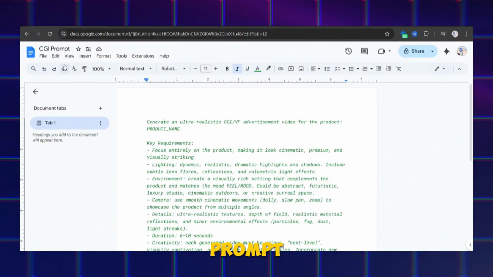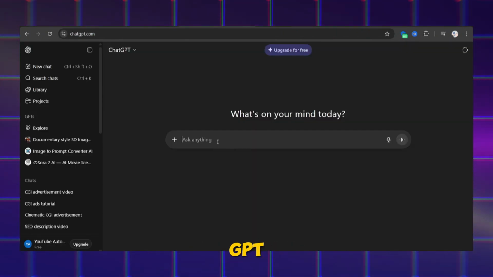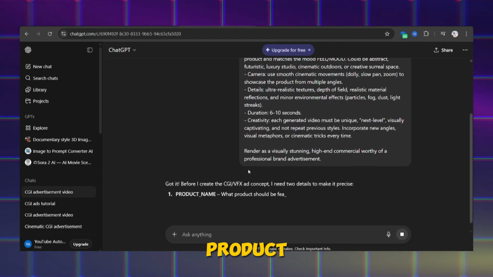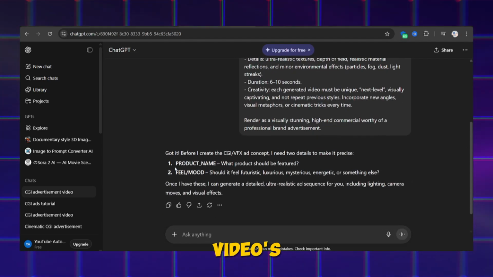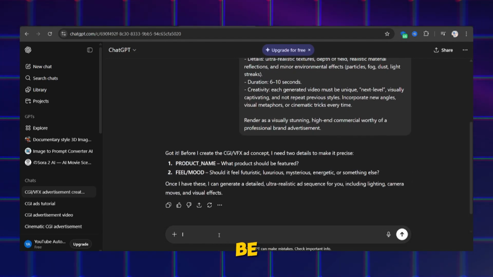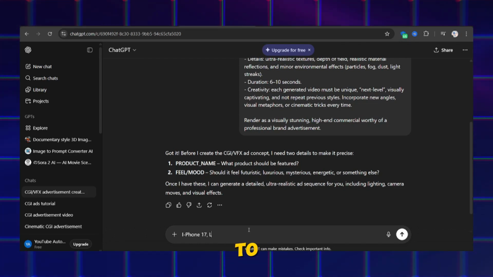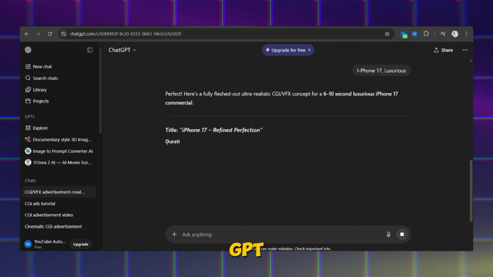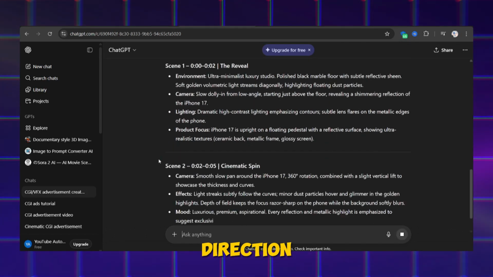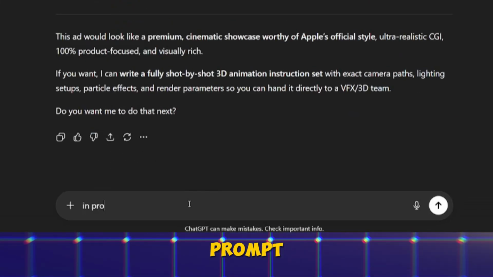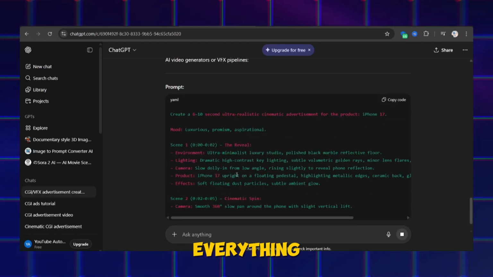Just copy the prompt given in the description, then go to ChatGPT and paste it there. ChatGPT will ask you what the product for the ad is and what the video's feel or mood should be. For example, I'll type iPhone 17 and set the mood to luxurious. Then, ChatGPT will generate a perfect direction prompt for each scene. If the result is too long, just say in prompt format, and it will give you everything in a single